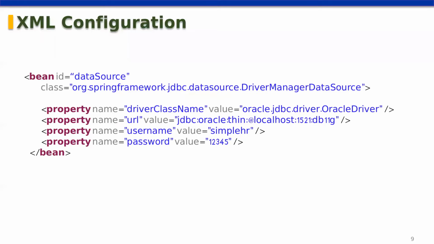And once you come to Spring, we need to do a lot of XML configuration. For example, if you want to create the data source, you need to write this many lines of code. Even though the Spring framework is beautiful and very good, we need to do a lot of configuration. To avoid this, we needed something else on top of Spring. That something is nothing but Spring Boot.